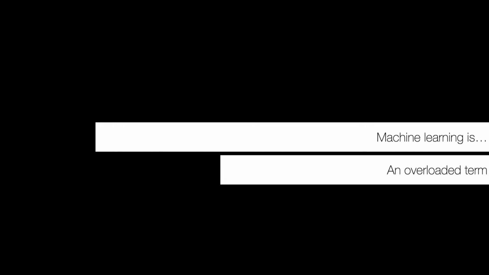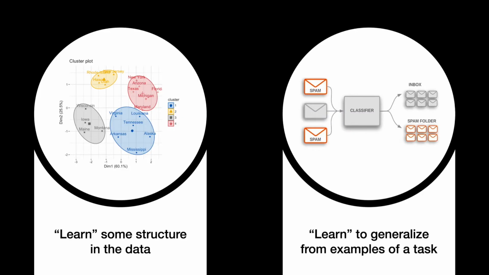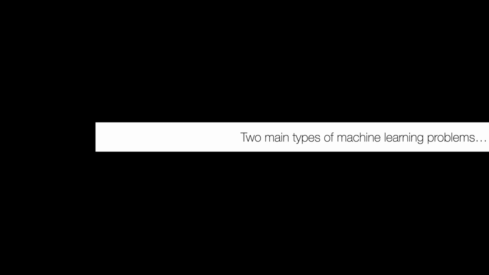First, talking about classification and regression, recall from several lectures ago when we talked about defining machine learning, we said it's an overloaded term and generally the study of algorithms that quote-unquote learn from data, where what we might learn might be structure, or we might learn to generalize from examples of a task, where we have some input data with some information about that data, and we want to be able to make predictions about new data that's similar to our input data. In this case, there are two primary kinds of machine learning problems: unsupervised learning and supervised